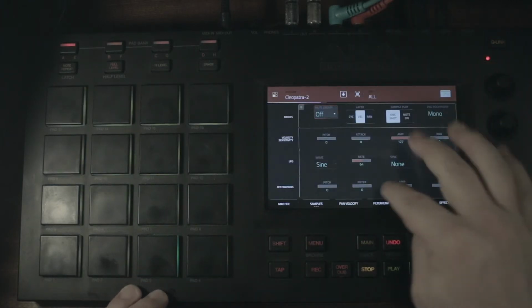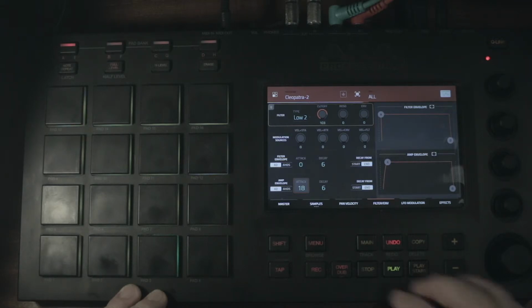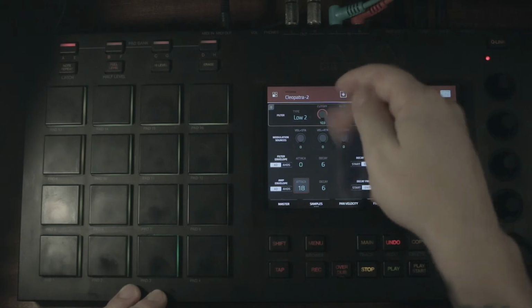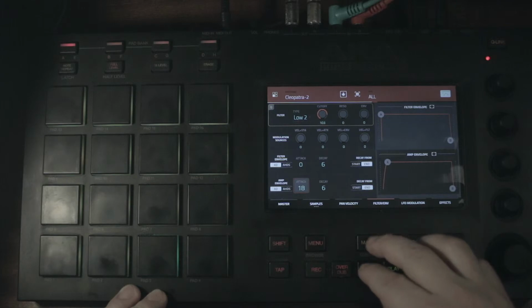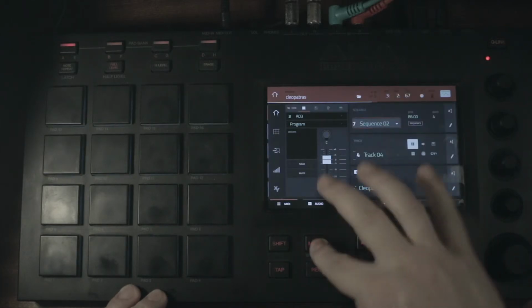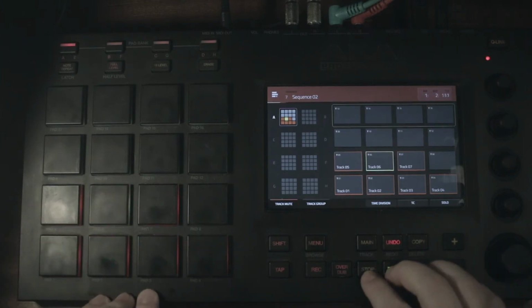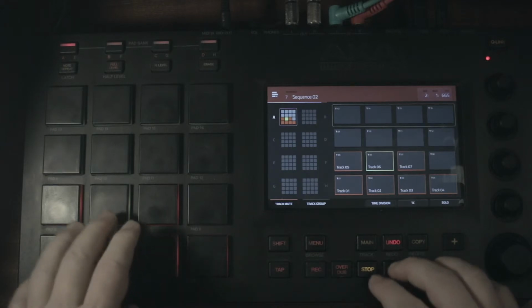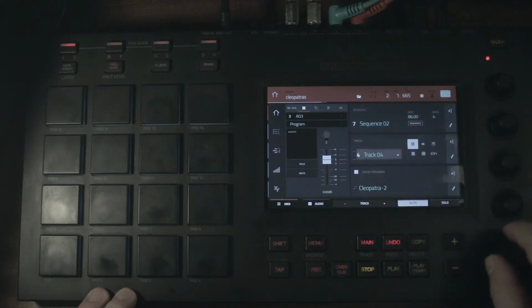So we'll go to all and then just go to the filter. Just filter that. I filtered everything. I took a bit of that noise from the film out with a cutoff as well. So I have this track. Then that doesn't have anything. That's just some notes from the Digitone as well. And then this last one,